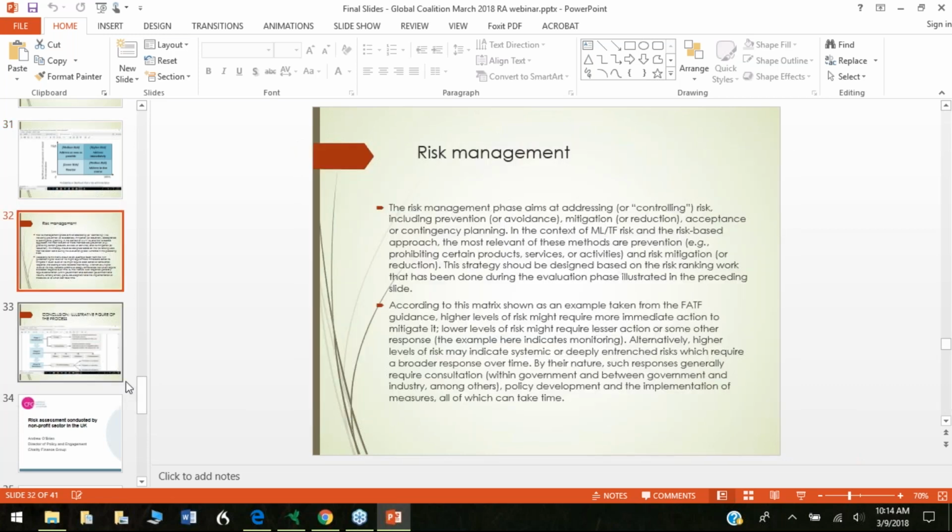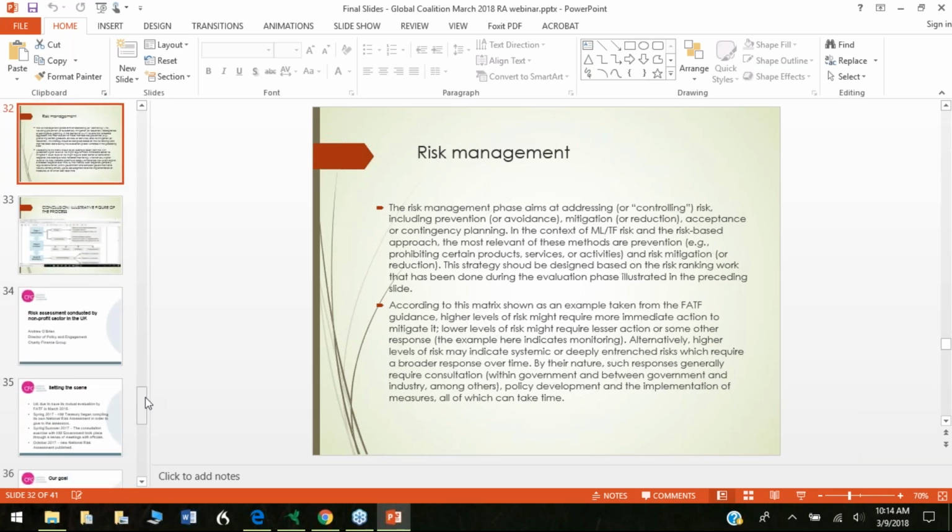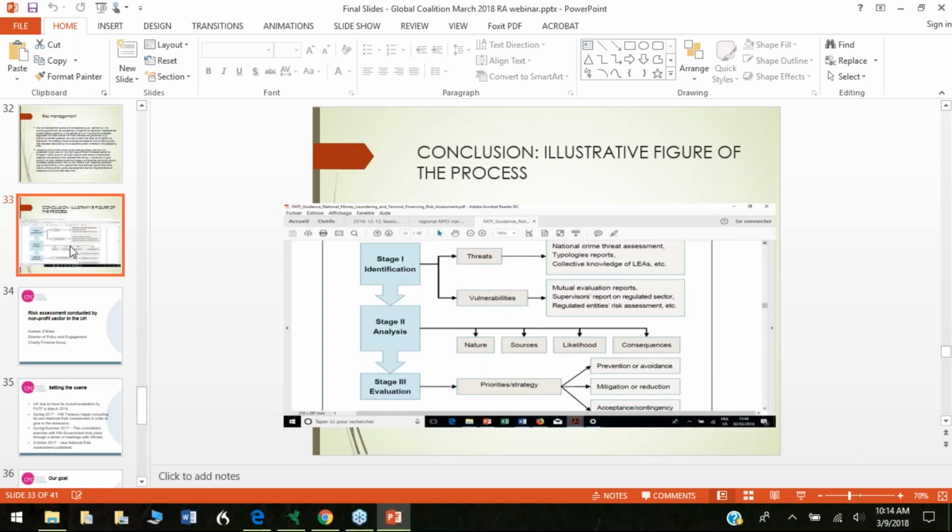Okay, so in summary, the risk management phase is actually meant to put together, as I just mentioned, some actions to either prevent the risk, mitigate it, or accept it. In the context of money laundering and terrorist financing, acceptance is not very actually applied, because we're really trying to prevent the risk or to mitigate the risk. And in conclusion, next slide, I'm concluding with this